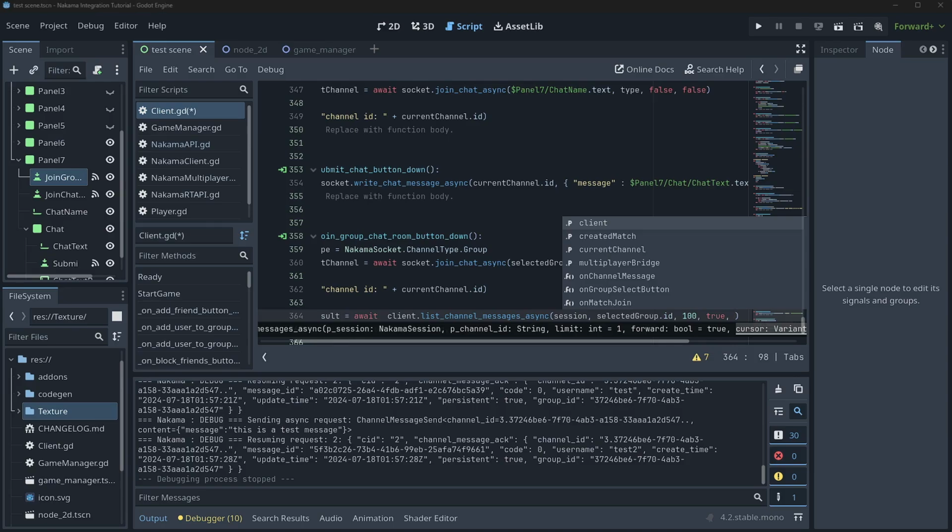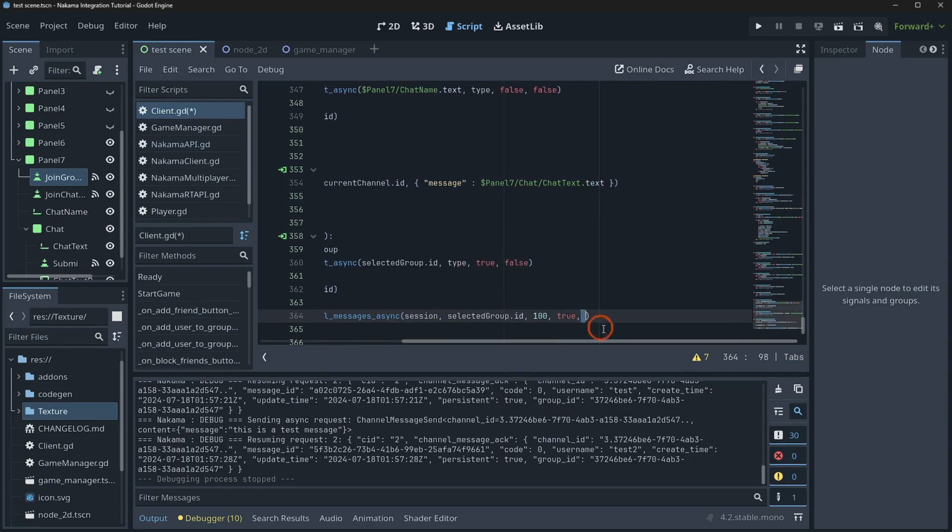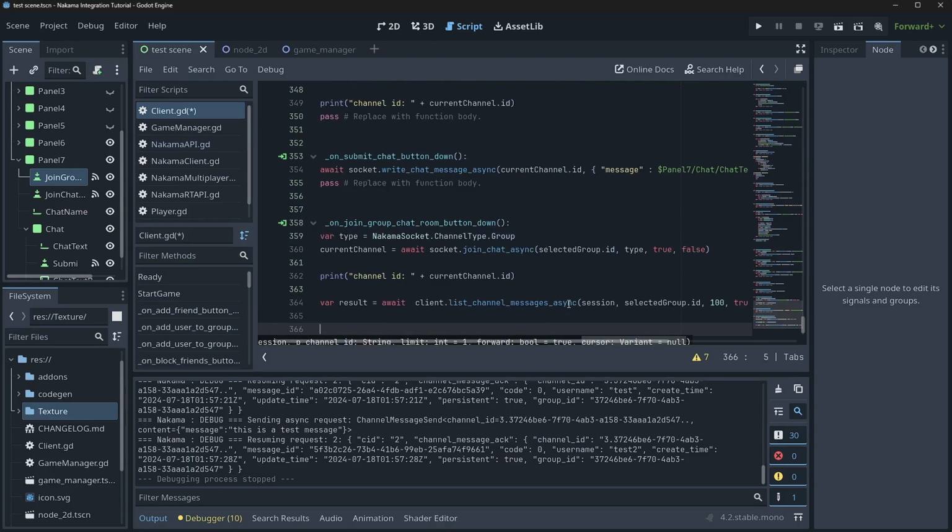And cursor is, if I remember correctly, it's defaulted. Let's double check really quick. If we hit comma, cursor variance is null. So cursor allows you to say, I want you to start at this point. So if you're picking up the next 100 values, let's say you have 500 messages, you can pass in number 200 and then it'll grab from 200 to 300, if that makes sense. So in our case, I'll just leave that as null because it's just going to be easier for us to work with it. And now we can go for message in